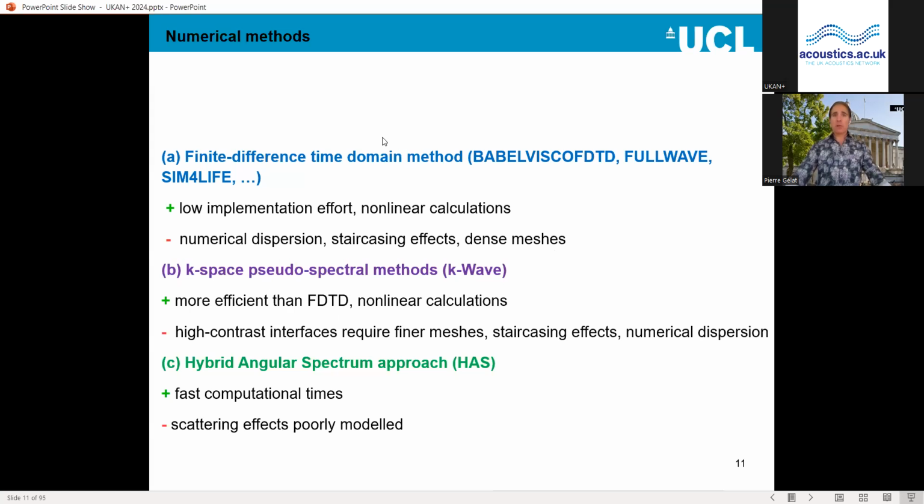So k-space pseudospectral methods such as k-Wave, which is very widely used in the therapeutic ultrasound community, are substantially more efficient than finite difference time domain. You can carry out nonlinear calculations. It's got, I think, some viscoelastic capabilities as well. But as you increase your Ka, you're going to get numerical dispersion effects, and at high contrast interfaces, you require a finer mesh. So by high contrast, I mean, for example, between soft tissue and bone, where you have quite a big jump